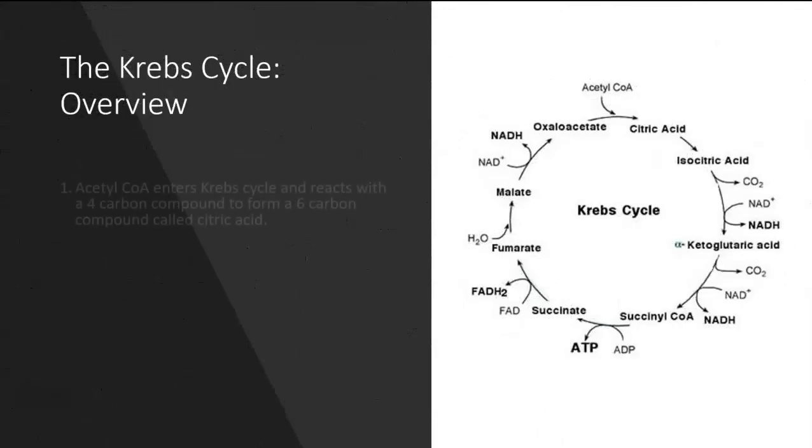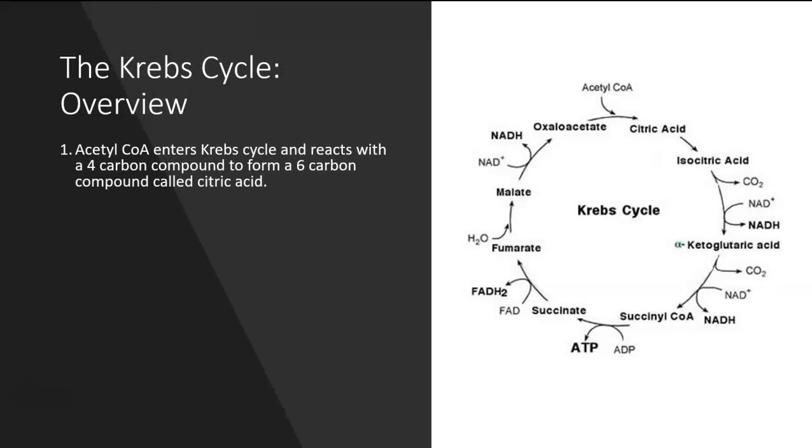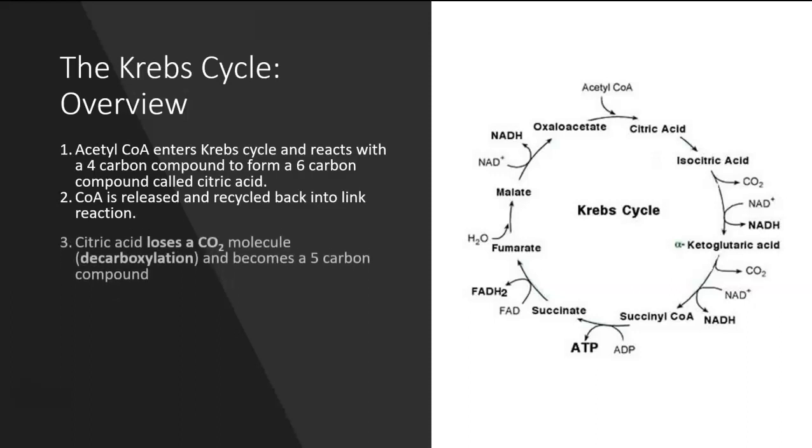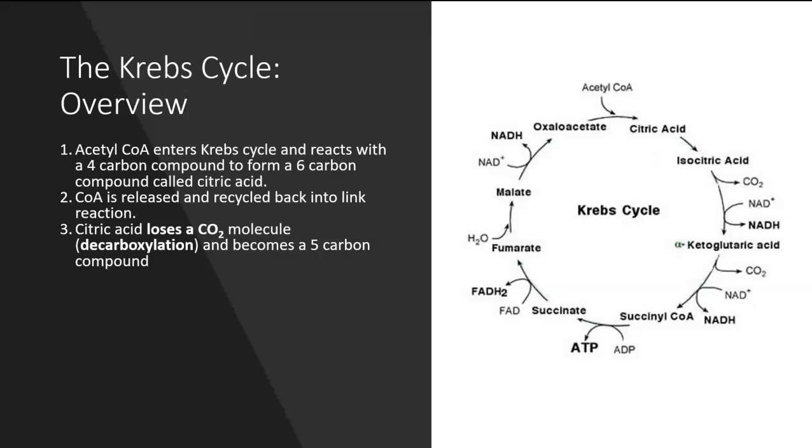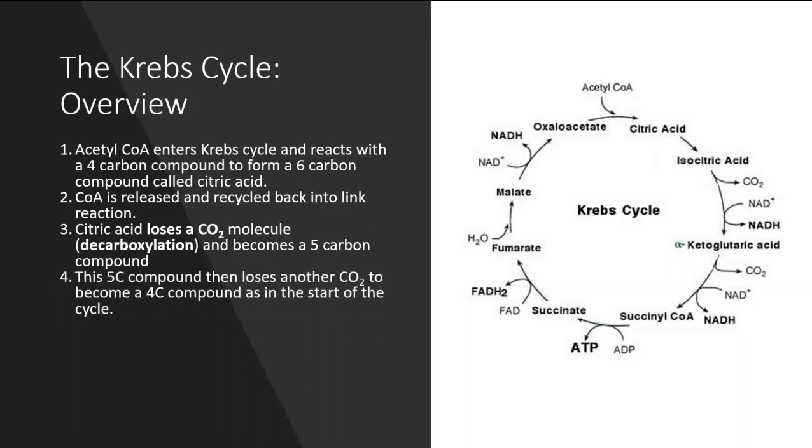Alrighty, so let's have an overview of the Krebs cycle. Our acetyl-CoA enters the Krebs cycle and reacts with a 4-carbon compound to form a 6-carbon compound called citric acid. Our CoA is released and recycled back into the link reaction. The citric acid then loses a carbon dioxide molecule, so that's that decarboxylation, and becomes a 5-carbon compound. This 5-carbon compound then loses another carbon dioxide to become a 4-carbon compound, as in the start of the cycle,